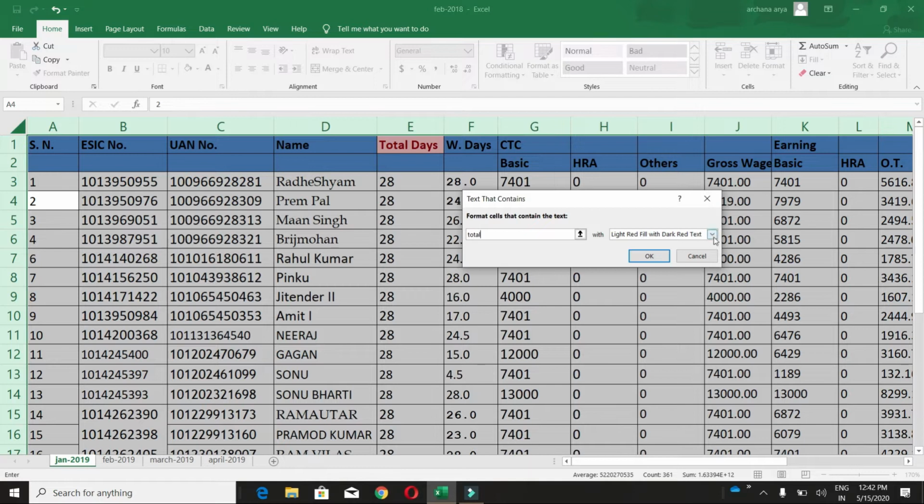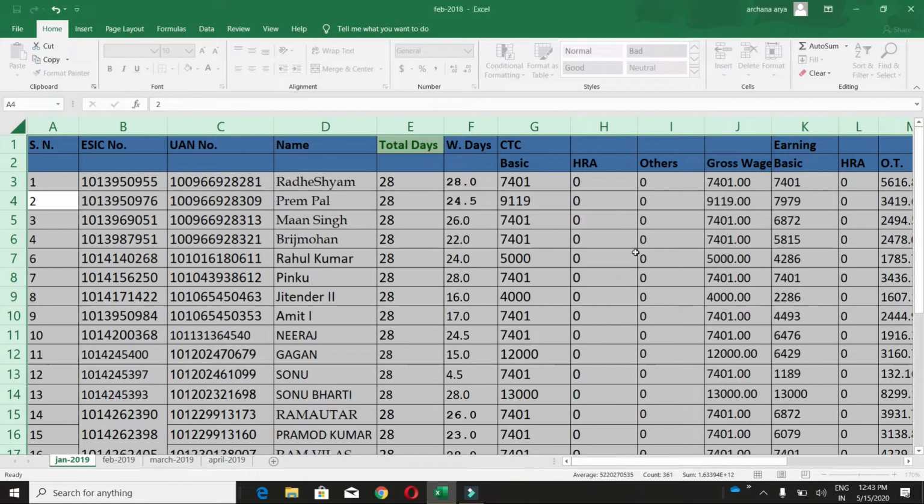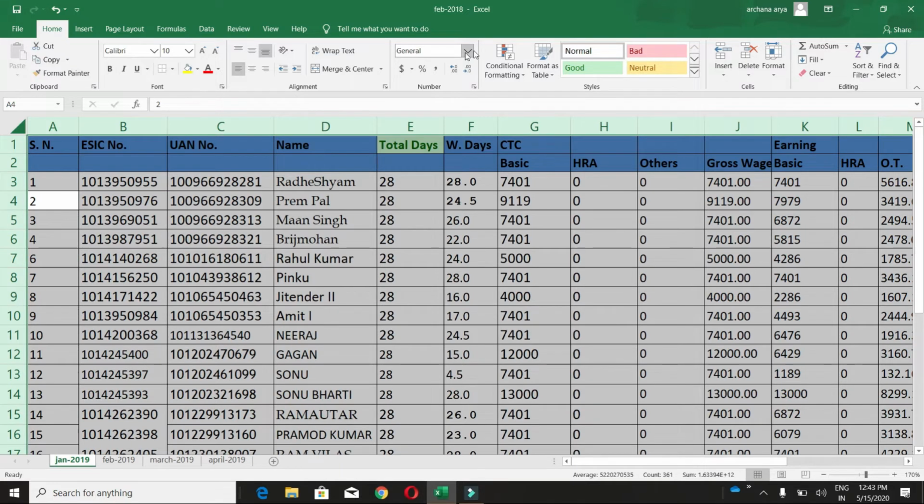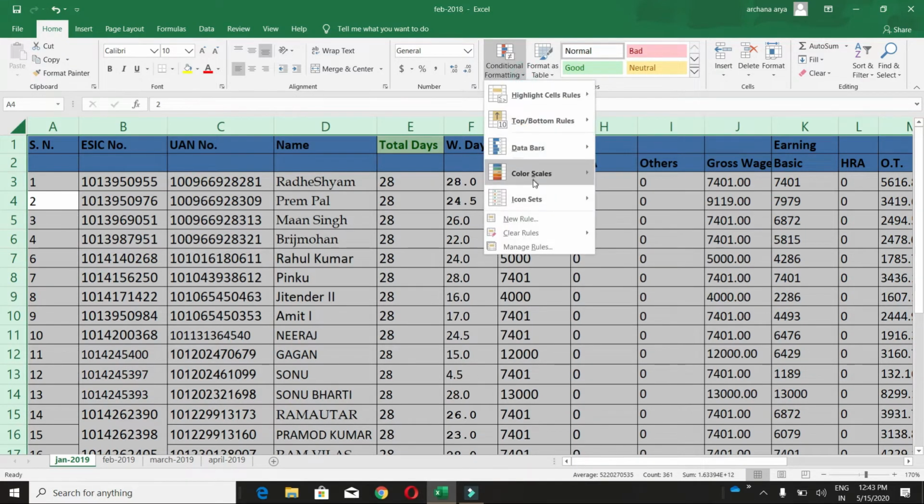You can also change the color and the format here, like if you want to border your cells, you can also do border from this custom format. See, I have changed the color here. So fine, let's go to the next option.